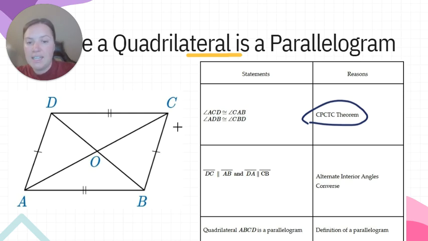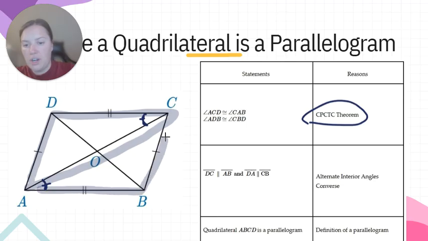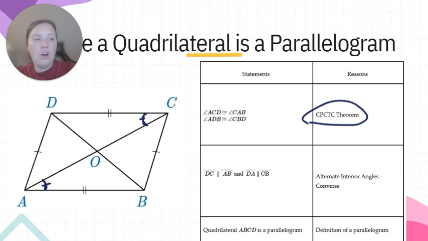So angle ACD, this angle, and CAB, this angle, are going to be congruent to each other by CPCTC, right? We're looking in this case at these two triangles here. And then we can also show that ADB, this angle here,